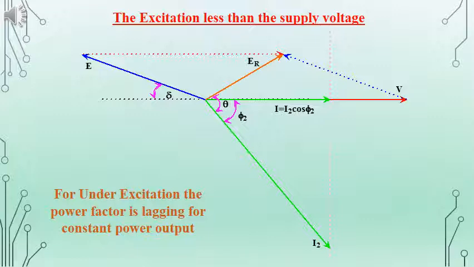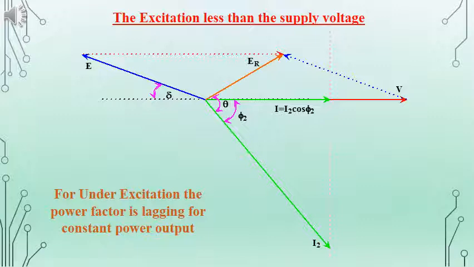Theta remains the same as that we had in the previous case, that is the impedance angle itself. And we can find the magnitude of I2, the armature current, is greater than the current that we had in unity power factor